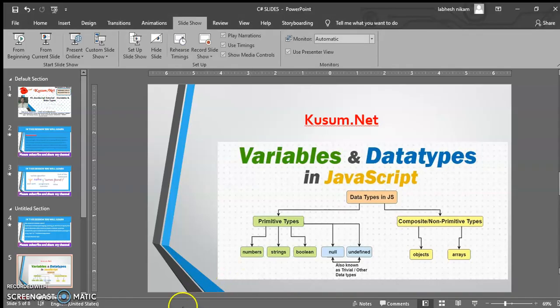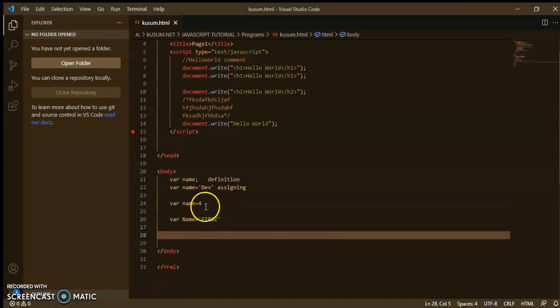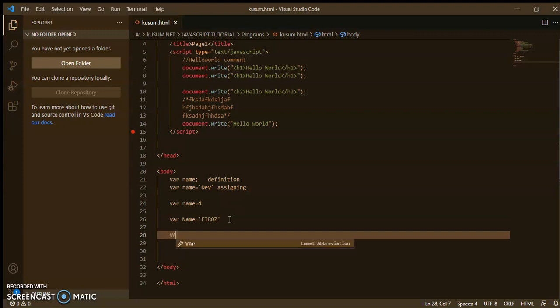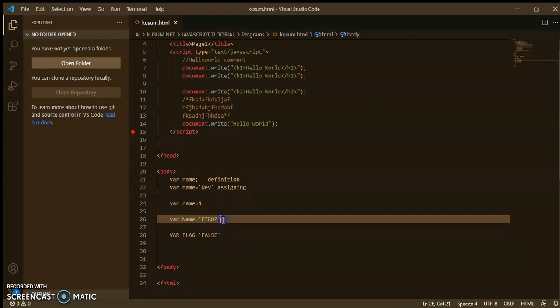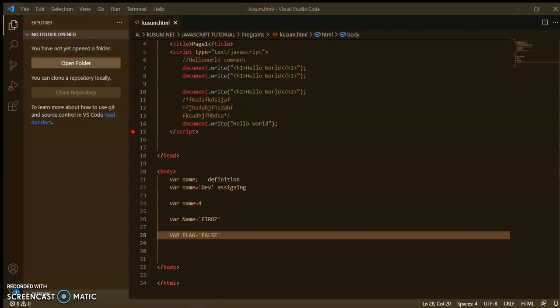In primitive data types, this is a number, this is a string, and the boolean data type is like this: var flag equal to false. So this is boolean type, this is integer type, this is string type, this is boolean type. So these are primitive types.